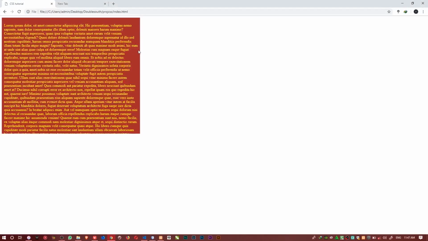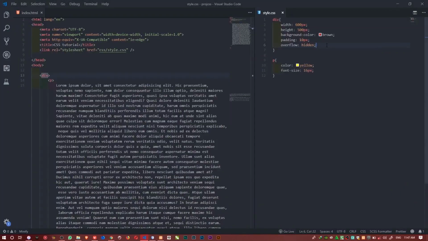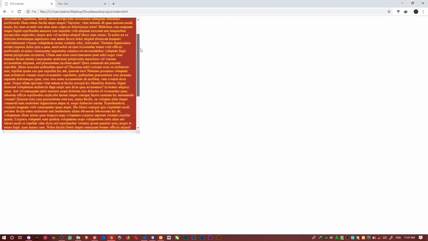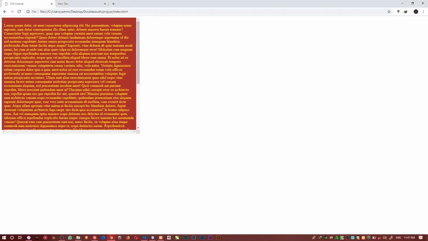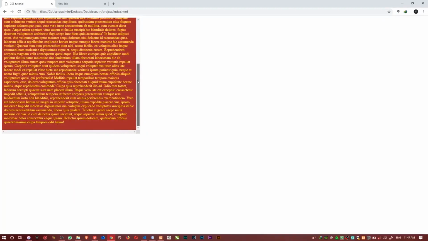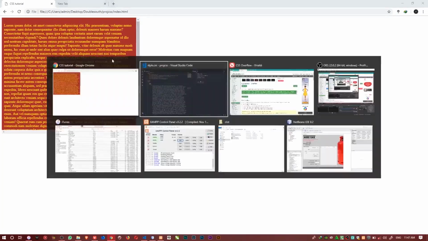What will we do? We'll set it so that this place gets a scroll bar, so the content can be scrolled and you can see everything inside. Instead of hiding the overflow, I'll say overflow scroll. If I refresh now, you see it adds scroll bars, for both the X and the Y axis. So this is how we use it.